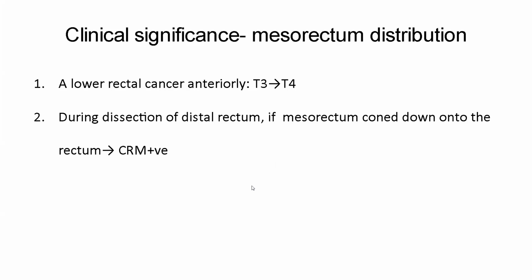Now, the clinical significance of this volume distribution of Meso Rectum is that, suppose we take a rectal cancer in the lower part of the anterior rectum, once the rectum is breached, the T stage becomes T4 because early involvement of the anteriorly placed organs like uterus or prostate can happen. Whereas the same lesion, if it is in the mid rectum, may still be taken as T3 lesion. The second one is during dissection of the distal rectum,